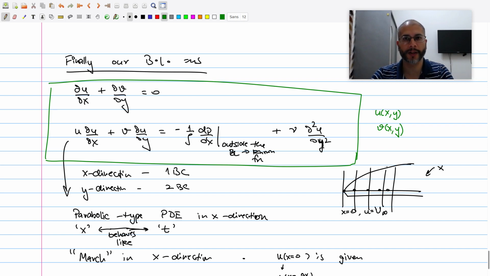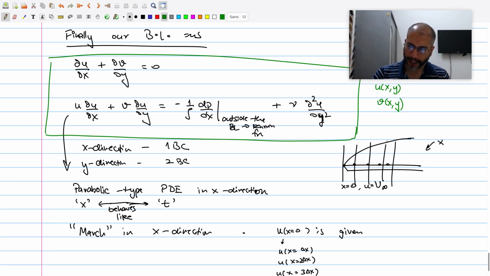There's no p here because, as we said, we can simply find the pressure field from the outside inviscid region and superpose that on the inside of the boundary layer region. P is only a function of x, because the y variation in pressure is almost negligible inside the boundary layer thickness.